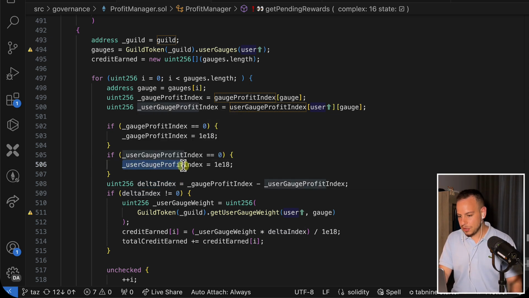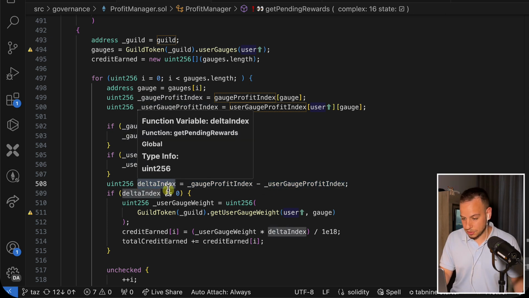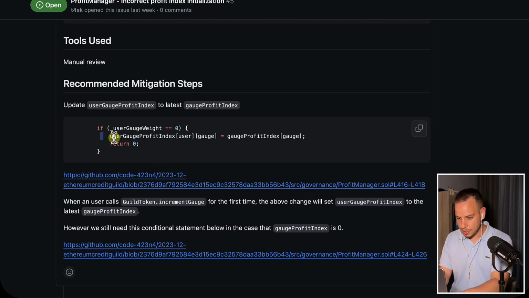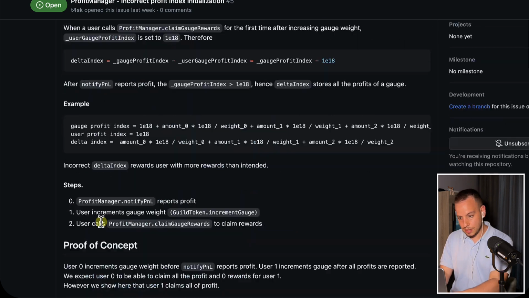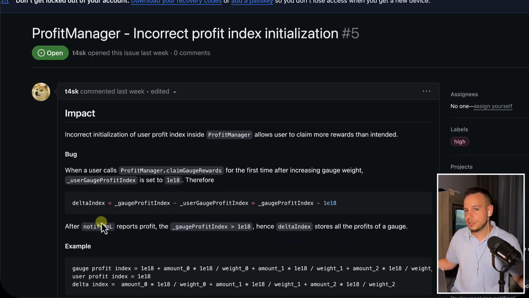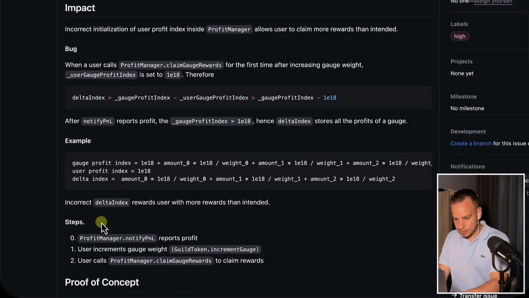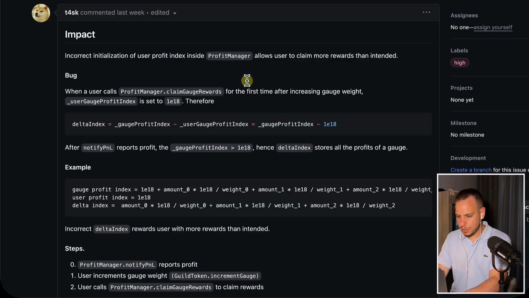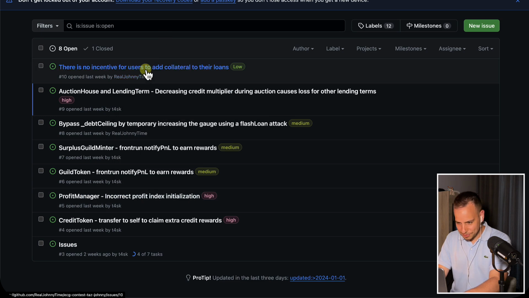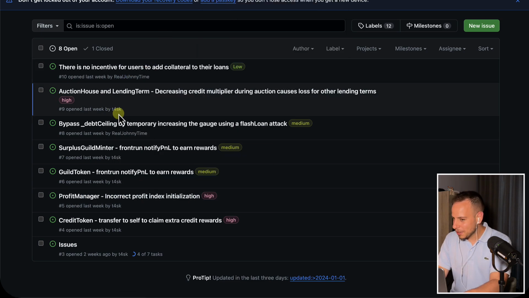But if the user gauge index the first time that he stakes into the system will be the last gauge profit index, then it will be the same minus same equals 0, which means that the user will not get rewards that he's not supposed to get. So this is basically the fix that was introduced here. And this is another high, because we can just call this function twice and still get rewards that we are not supposed to get, right? Okay, moving on to the last one, which is a bit more complicated to explain